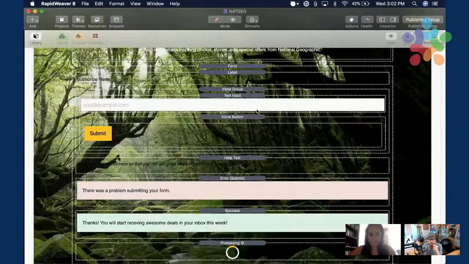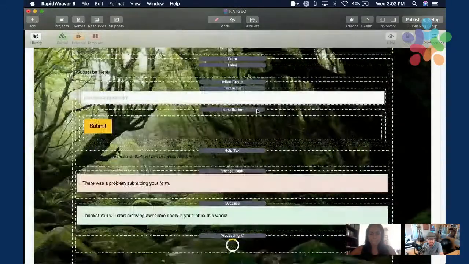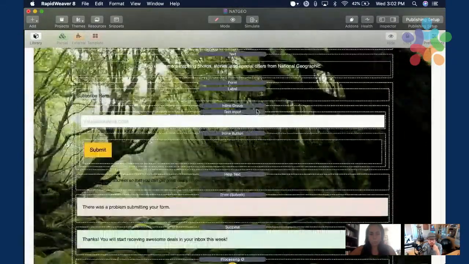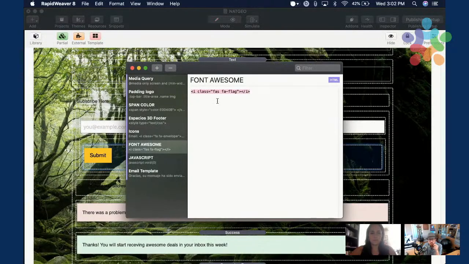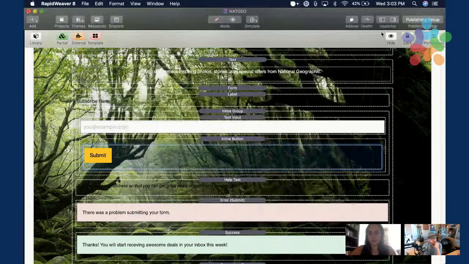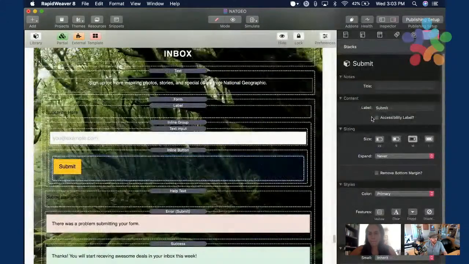And then you'll see, there we go. And we have an inline group. Now, that has a submit inside the button, but you could change that to be your little arrow, and it's done. Awesome. So I'm going to use the Font Awesome here. I think it's called arrow right. Right, arrow right. Arrow dash right.